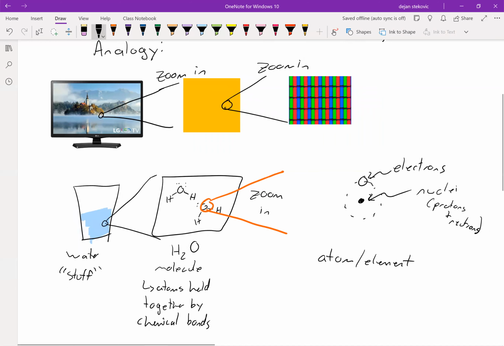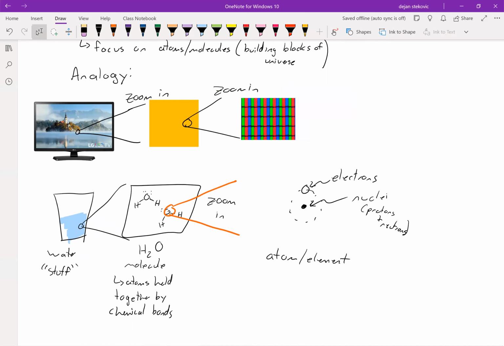But you can see, similar to how you can zoom in on a TV, we can zoom in on real life matter and see what it's made out of. And this right here is the field of chemistry. This is the kind of zone of chemistry. We take a look at atoms and elements and we see how they combine in molecules. And then we take these molecules that make up all matter and we think about how these small interactions between these atoms and molecules give the properties that the matter has.